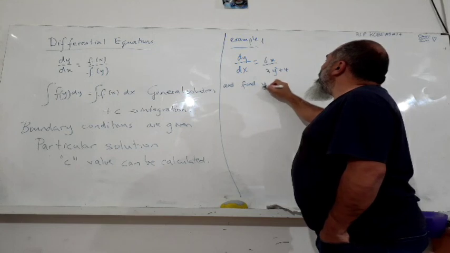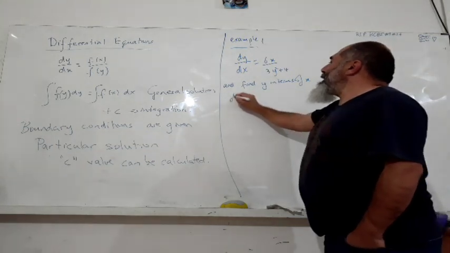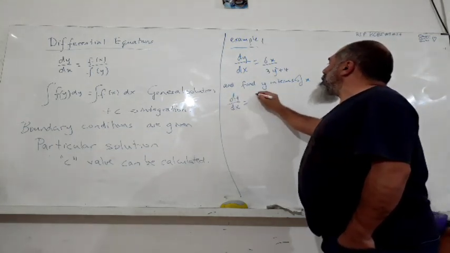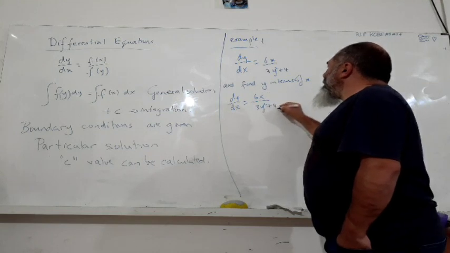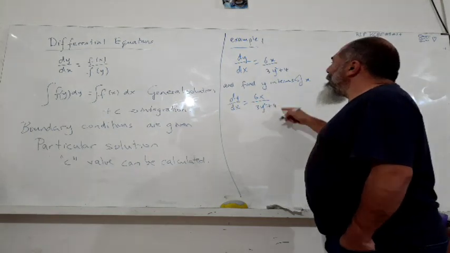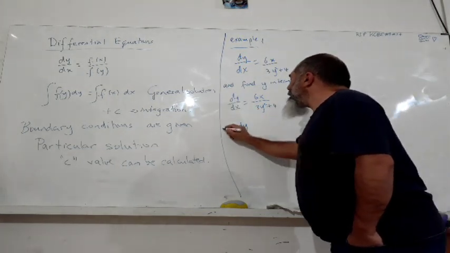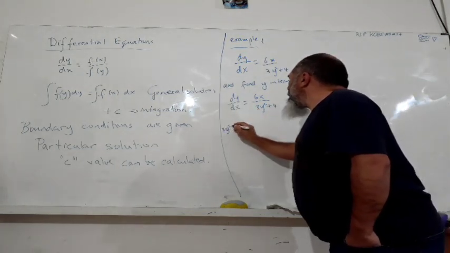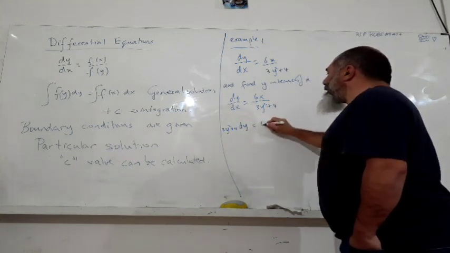So it is easy to, let's rewrite the question, put 3y squared plus 4 there with dy, and take the x there, then do the integration,